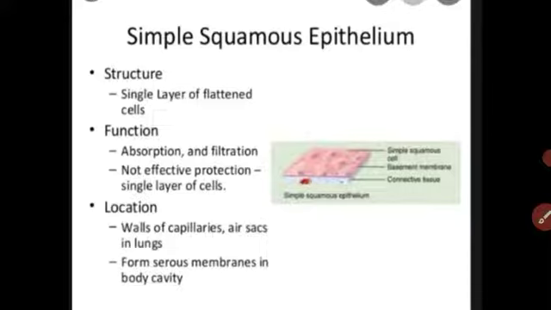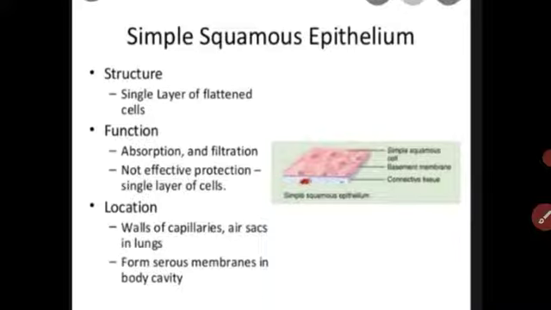Did you understand, what is epithelial tissue? Such tissues are present on our outer surface, like our skin, a continuous sheet of our body. It covers the internal organs. Some internal organs like our stomach also have epithelial tissue on their outer surface. Understood? On the basis of shape, the epithelial tissue is divided into four types.